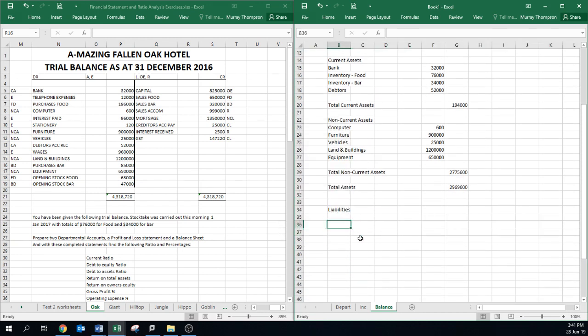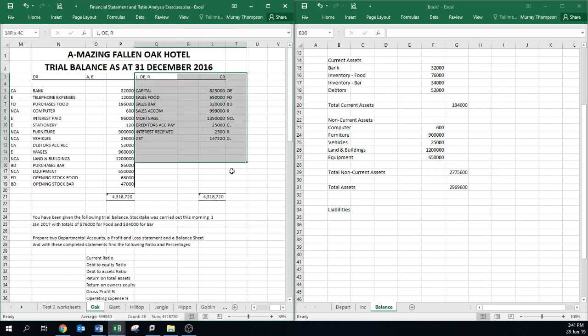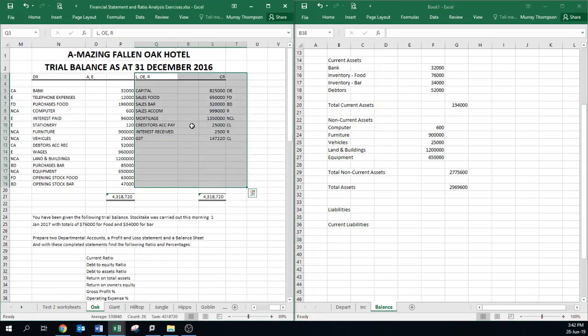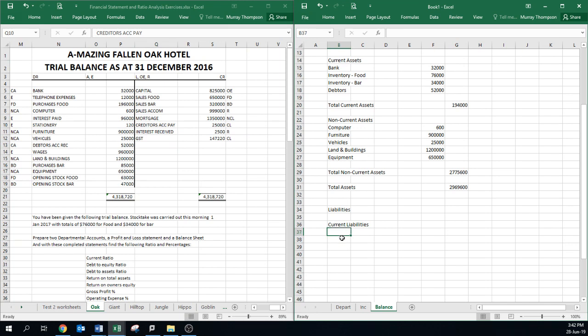So now we move into what we owe, the liabilities. Now liabilities, again, are on the credit side because they're on the right-hand side of the accounting equation. So you'll find them on the credits. Again, we look at current liabilities. What are we going to pay in the next 12 months? So we have creditors. We want to pay our suppliers. Okay. So creditors,